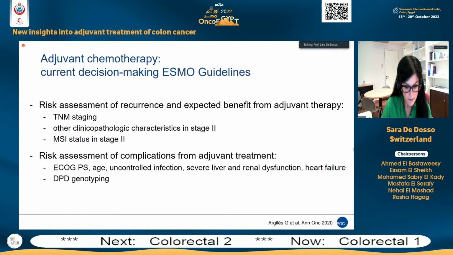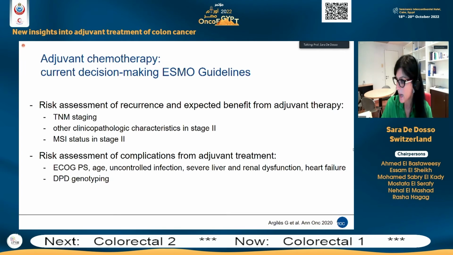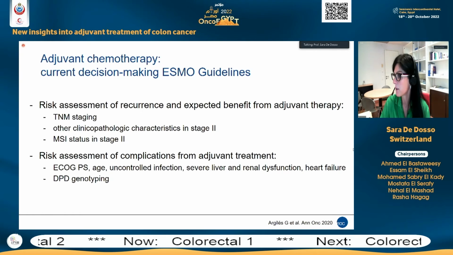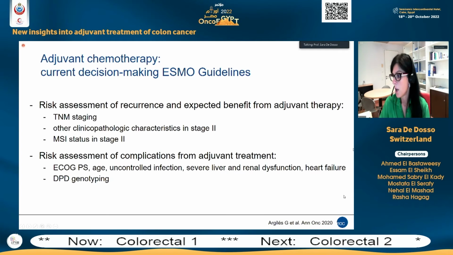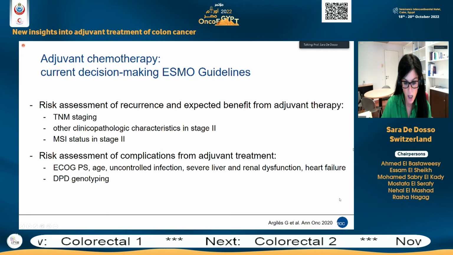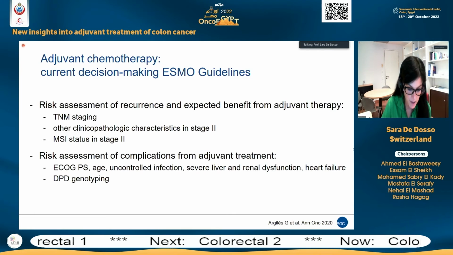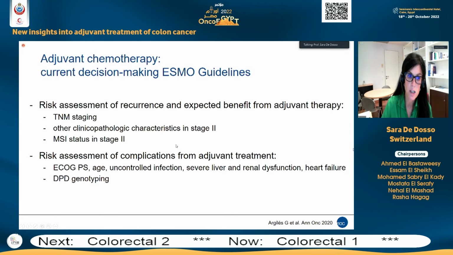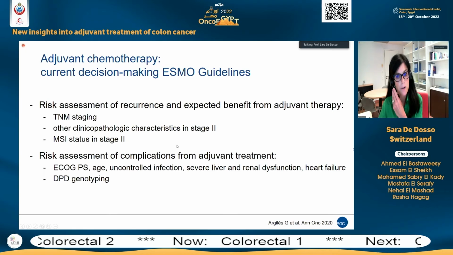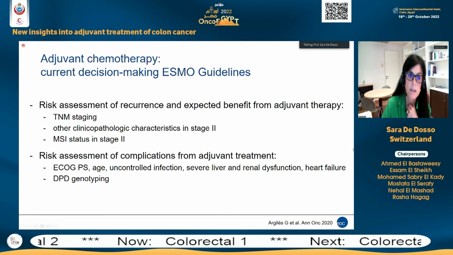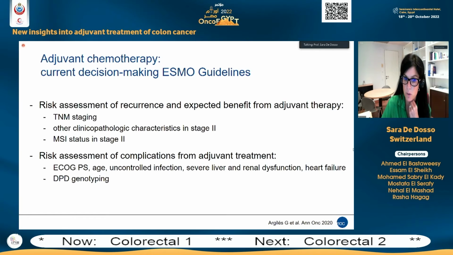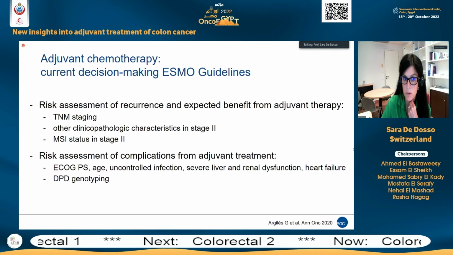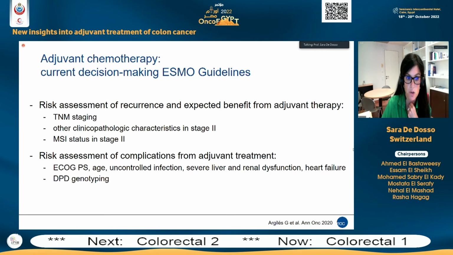So, in any case, according to the ESMO guidelines, the rationale is that patients with a higher risk of recurrence can obtain a greater benefit from an adjuvant chemotherapy. So the TNM staging remains the most relevant histological criterion for the risk assessment, but there are also other clinical pathological characteristics in stage 2 and the MSI-high status in stage 2. But we also have to consider, when we are deciding about an adjuvant chemotherapy after surgery, the